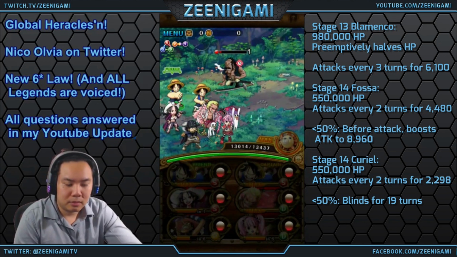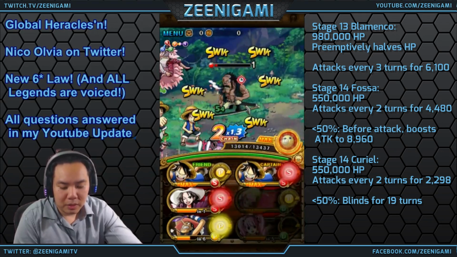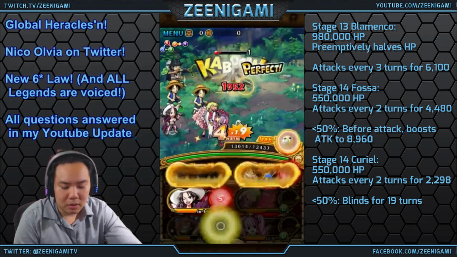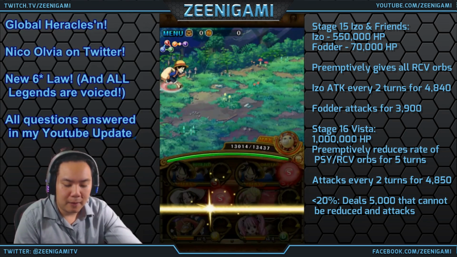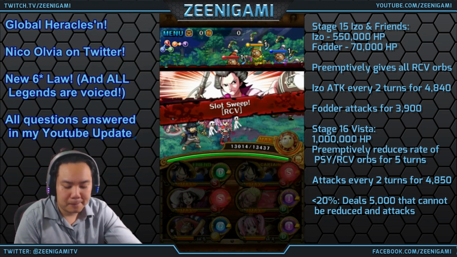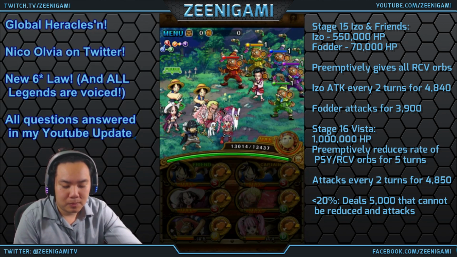At this stage, you don't need to heal up all the way, because the next stage will be Izo, and Izo will give us all food orbs, so you don't need to save your orbs even on this part. Izo preemptively will shuffle all your orbs to recovery orbs or food orbs, and will attack every 2 turns for